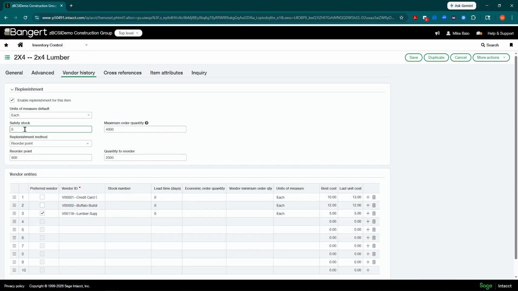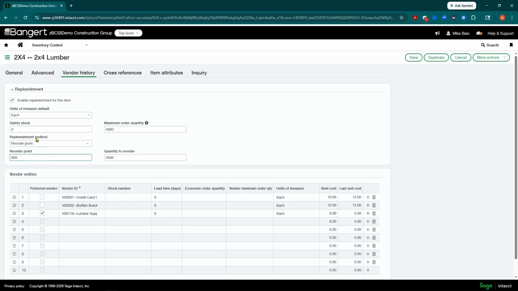One field here is called safety stock. Basically, what I'm saying here is, all right, I want to trigger a reorder when I get down to my inventory on hand of 800. You can have a safety stock that says, well, I also want to make sure I have at least 10 emergency items available. So what that'll do is make your true reorder point 810, okay? Most people usually just leave this at 0 and then just make this your legit reorder point.